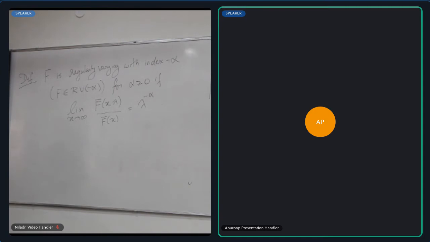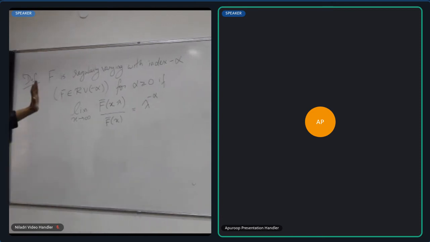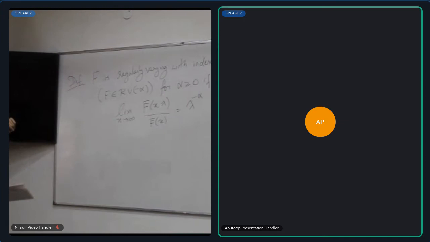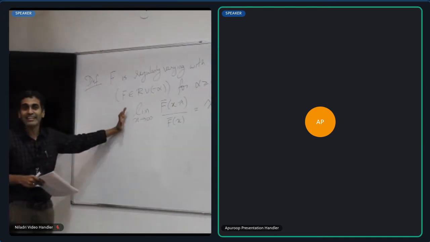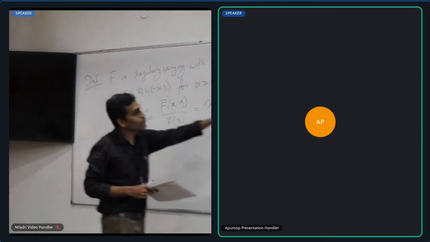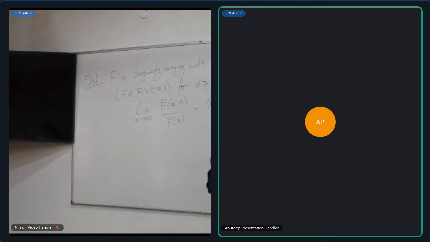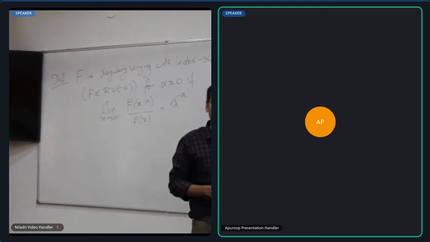Okay, so this definition looks similar to the definition of asymptotic scale invariance, except that I've given you a very explicit structure for g. But it turns out, as I alluded to before, that in these kinds of things, the only possible form that g could have is in fact of this form. That g has to be of the form lambda raised to minus alpha. So it turns out that the class of regularly varying distributions as defined here exactly matches the class of asymptotically scale invariant distributions that were defined there.